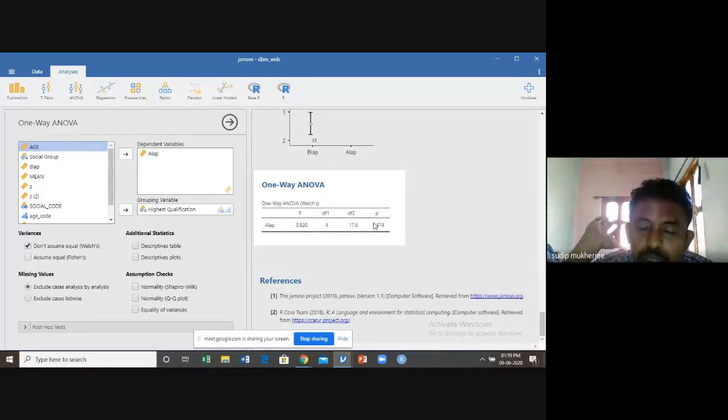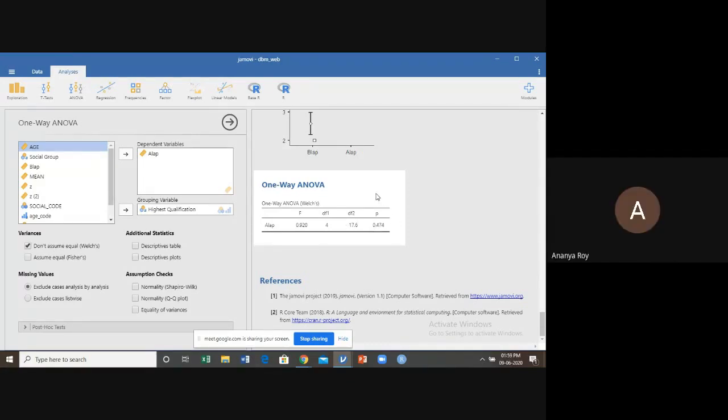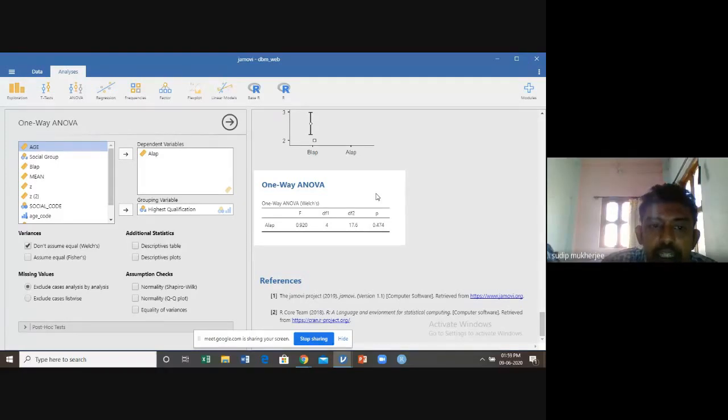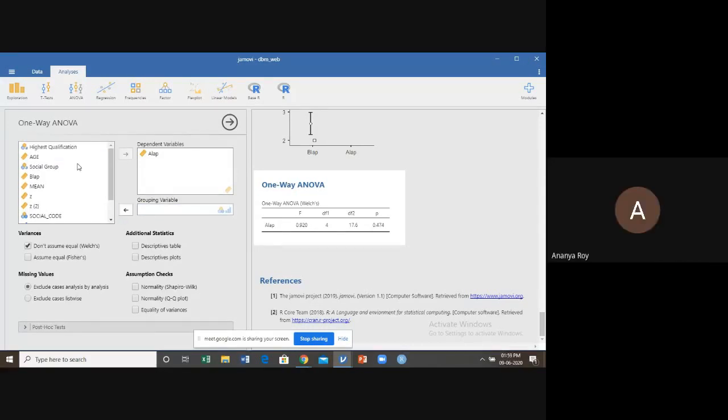Irrespective of the qualification, computer use does not depend on the qualification of an individual. So in terms of one-way ANOVA, we can conclude that qualification-wise, the use of computer does not matter.